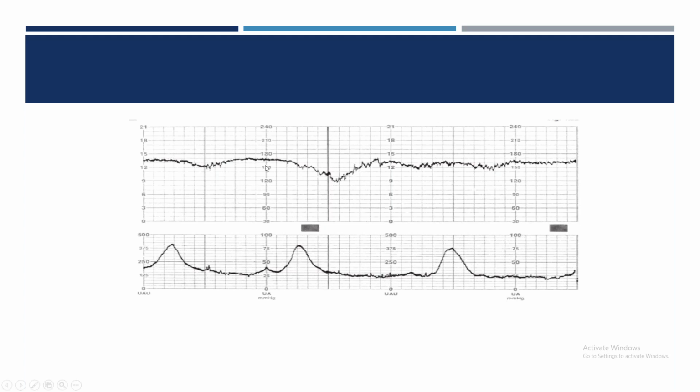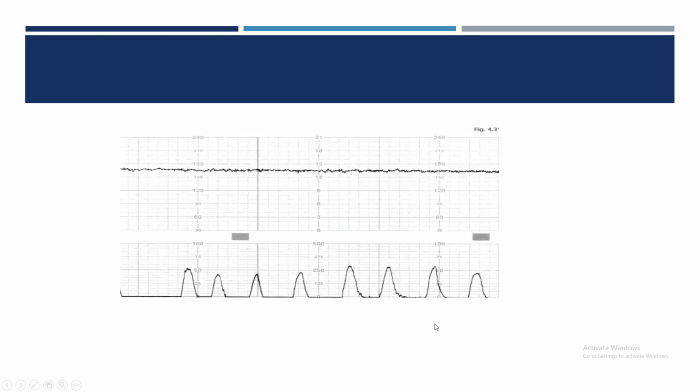Two features are non-reassuring and one feature is abnormal here. So actually there is no reassuring feature here. There are two non-reassuring features and one abnormal feature. So this CTG is pathological if it is continued for 30 minutes. Okay. In the exam, you usually get a CTG of 30 minutes. Don't worry, they give you a CTG of at least 30 minutes.